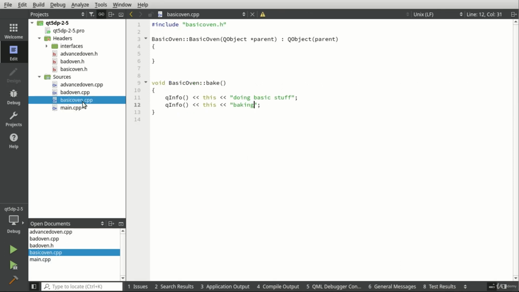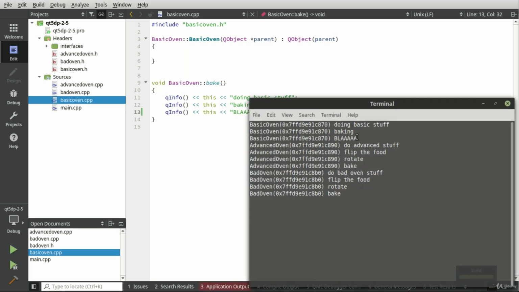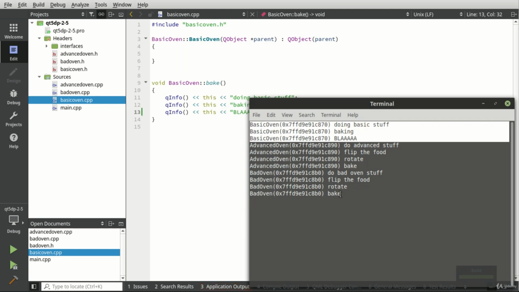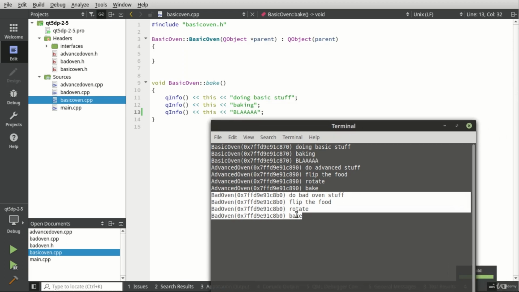I have a basic oven, and that's not even remotely how this works. This should do something different, you know? Like blah, whatever blah is. Now when we save and run, notice how basic oven's doing blah. Bad oven is depending on basic oven, but it's not necessarily working the way we thought it would. So now we have this fundamental problem where we're expecting bad oven to follow this basic oven bakes blah, but